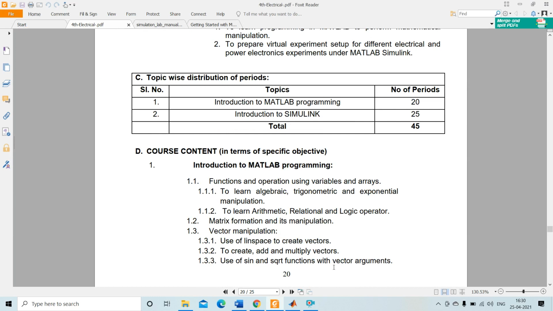In the first experiment we will study various functions and operations using variables and arrays. Here we are using algebraic, trigonometric and exponential manipulation.